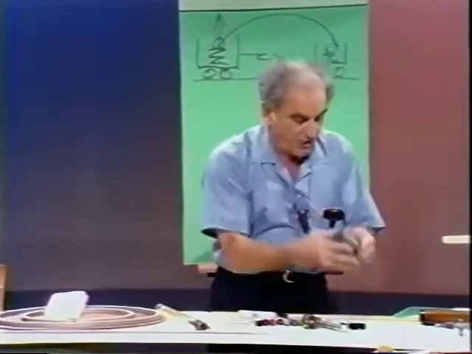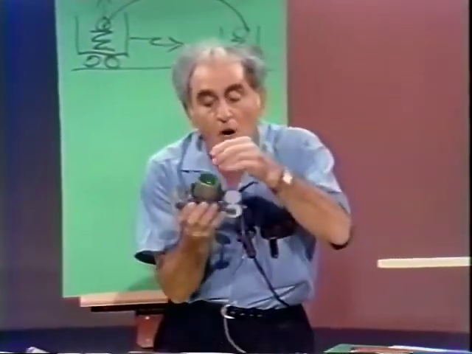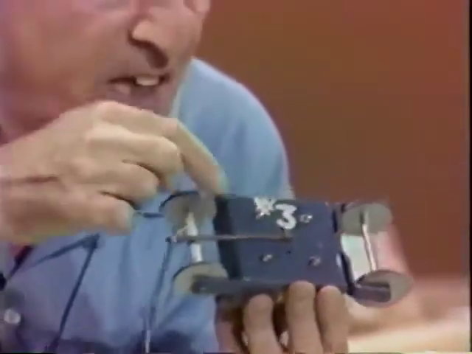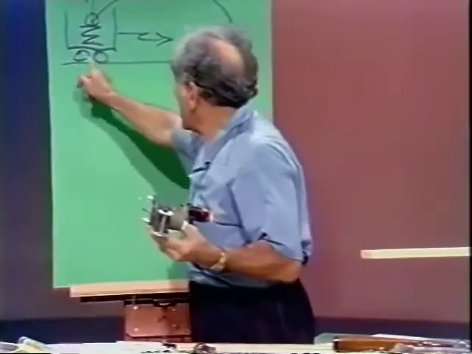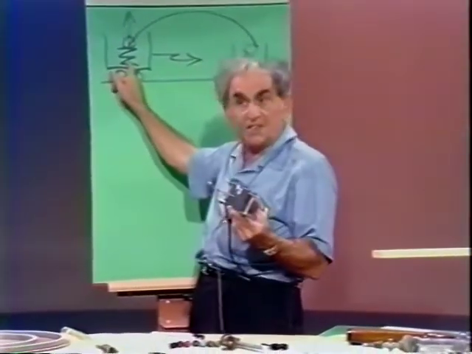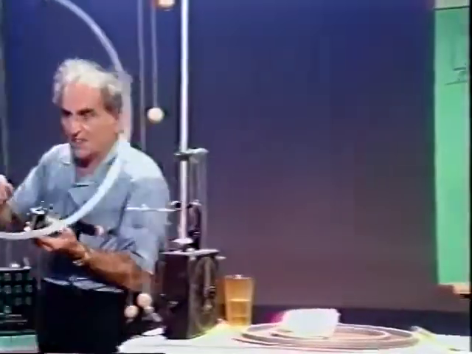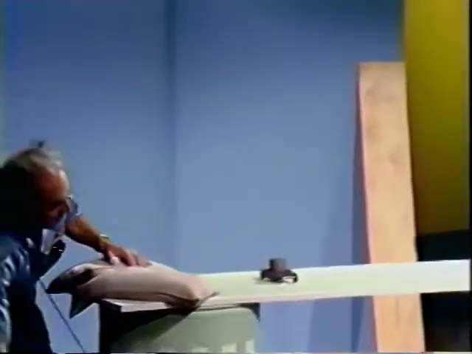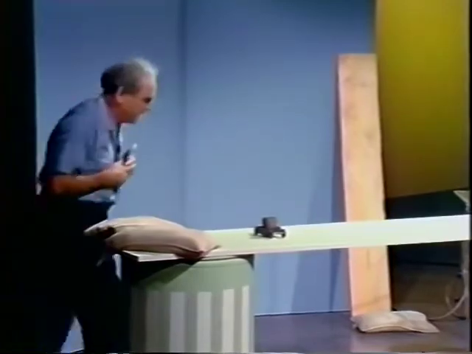First, let us take a look at the mechanism. Here is the cart, there is the ball, and I have compressed the spring, and it is held by a pin below. So when I pull a string, which releases the spring, the ball will be shot up. Let's get over to this table and take a look at it. I'll put something down out of the way here. Let us take a look at it.